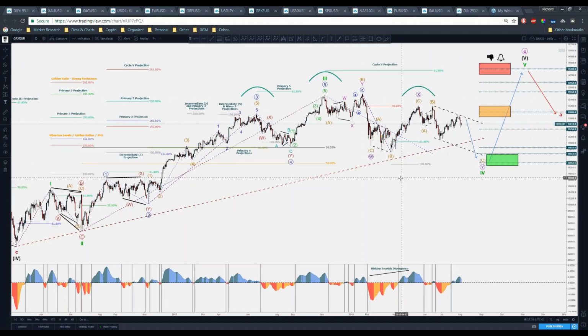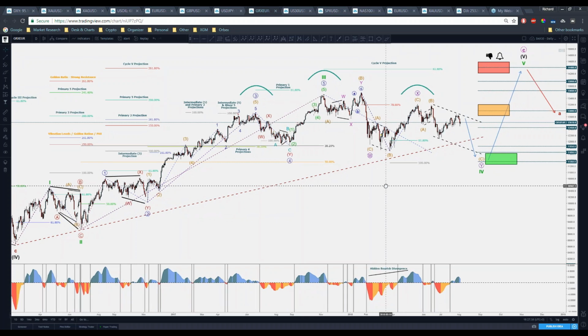So let's say moving on with the indices, short and simple, I have a full cycle here on the DAX. And how I'm labeling DAX right there is in a fourth wave correction, a complex fourth wave, because wave 2 was simple, wave 4 could be complex because of the law of alternation in Elliott waves. So how I'm labeling this is as an ABC in this W, primary purple, then ABCX, and then AB, and possibly another drop, while the VIX would spike. We will see if that would occur.